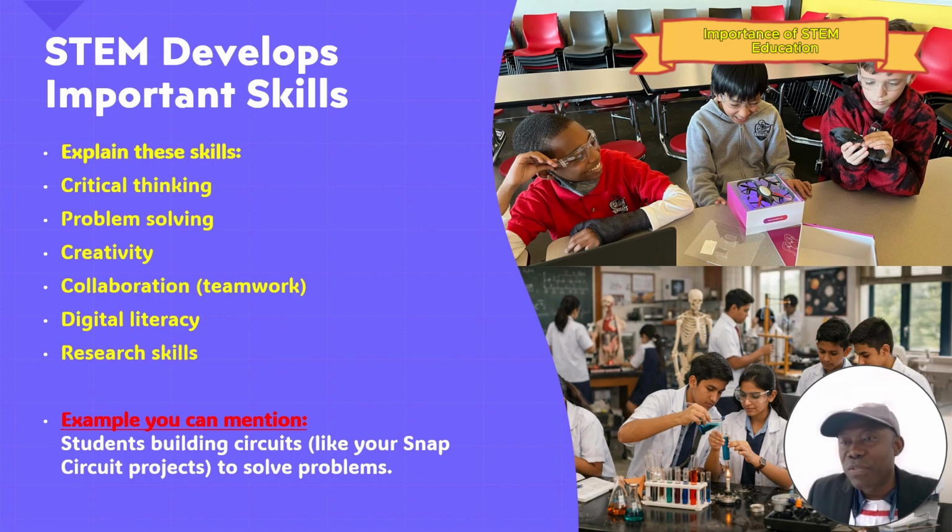I was teaching, we have drones, and students consider playing with the drone here. We give them the key, give them the instruction, and boom, it is done very well. They fly the drone, they move it around, and you give them a score, you grade them. This is what happened. Digital literacy and research skill are involved. An example is students build circuits like a snap circuit project and solve problems. This is what happened. Thank you.